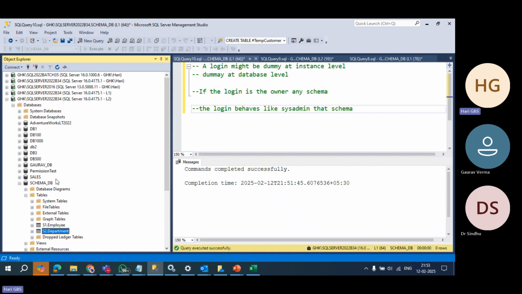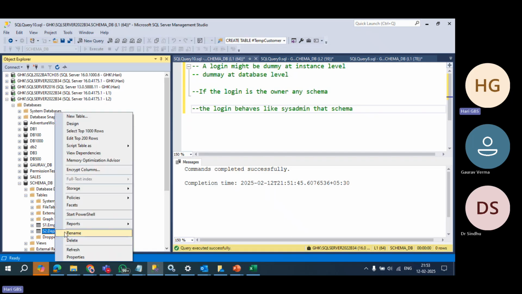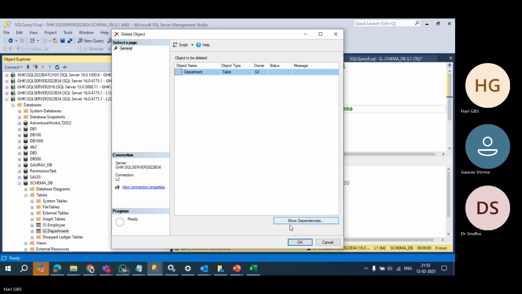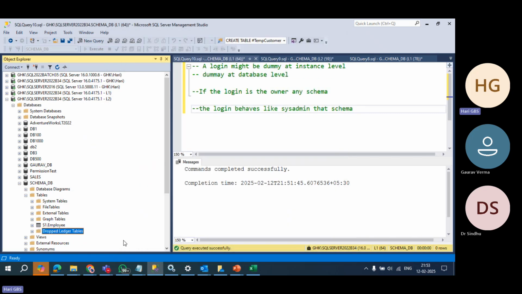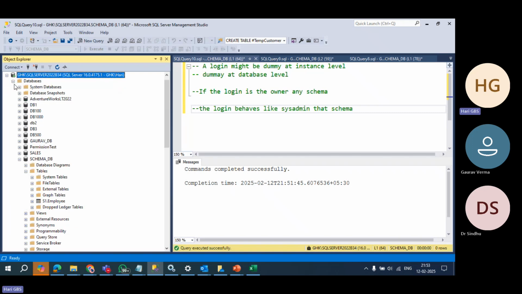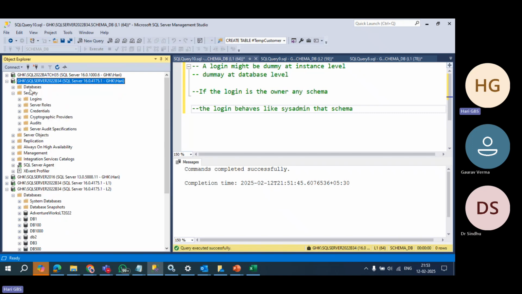Okay, so this is L2, right? Let me delete this. I deleted this. Is it clear? I'll show you the power of schema. So who is Hari? Hari is sysadmin, right? Here. Hari can do anything, right? Yes. Okay, let me go to